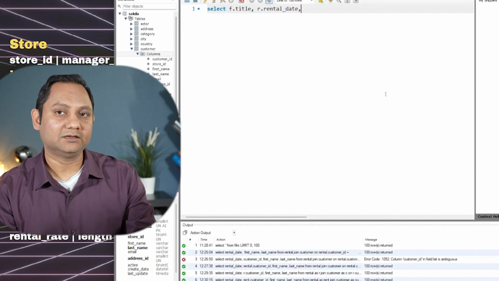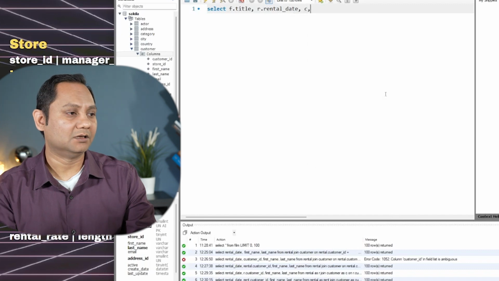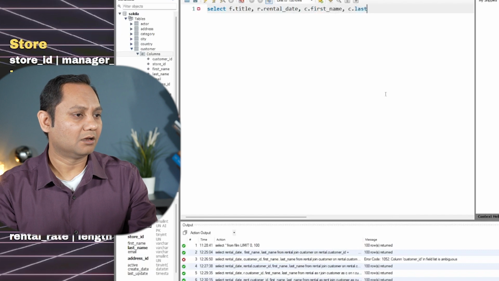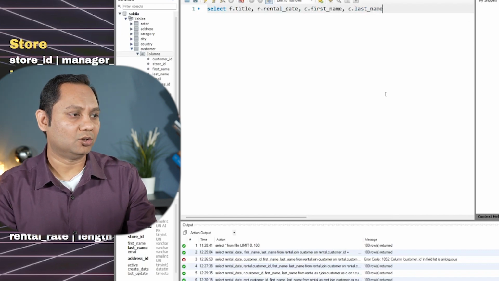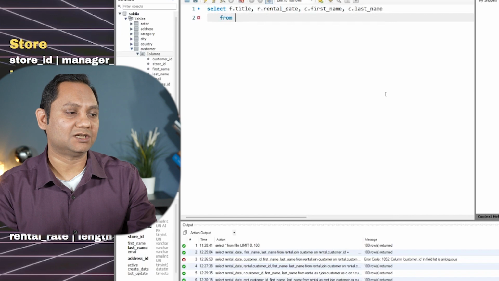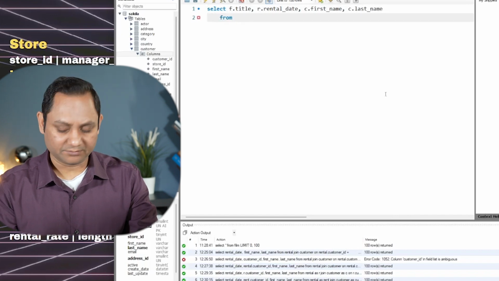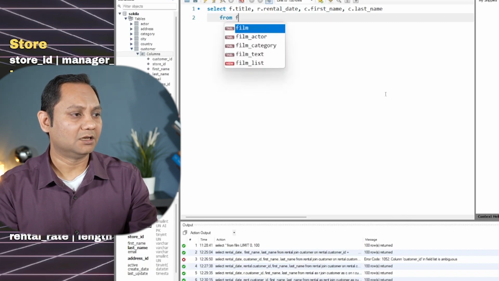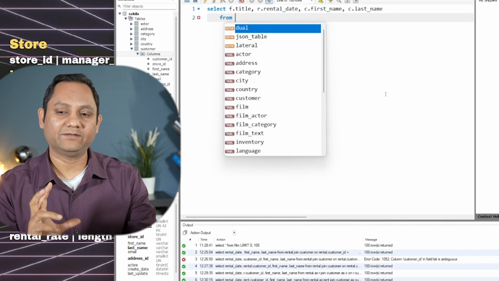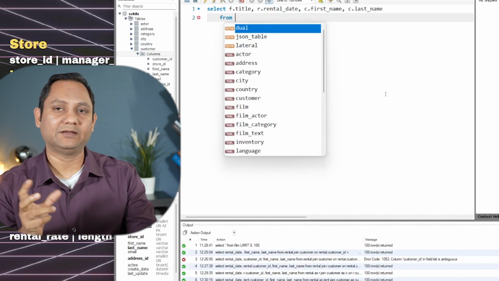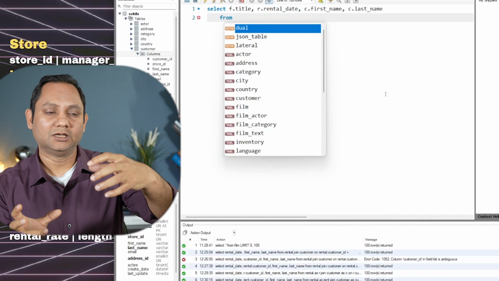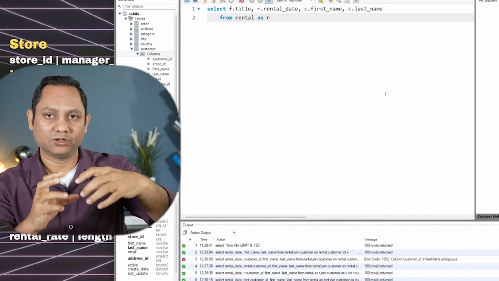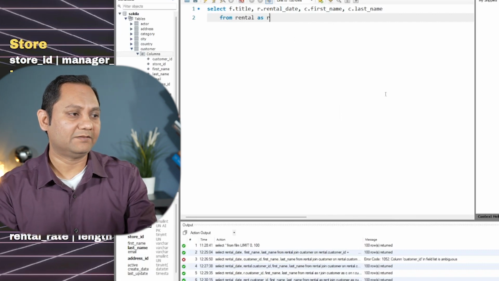And then I need the date. Now the date is inside my rental table. So I'll say R dot rental_date, small d, and then I know my customer's first name and last name is in the customer table, so that will be C dot first_name and then C dot last_name. So I got all my columns. So this is done. Now let's write from. We are starting everything from the rental table, because the rental table has inventory and the inventory has film, and rental has the customer ID. So let's start with the rental table because that has most of the keys. So we'll say from rental